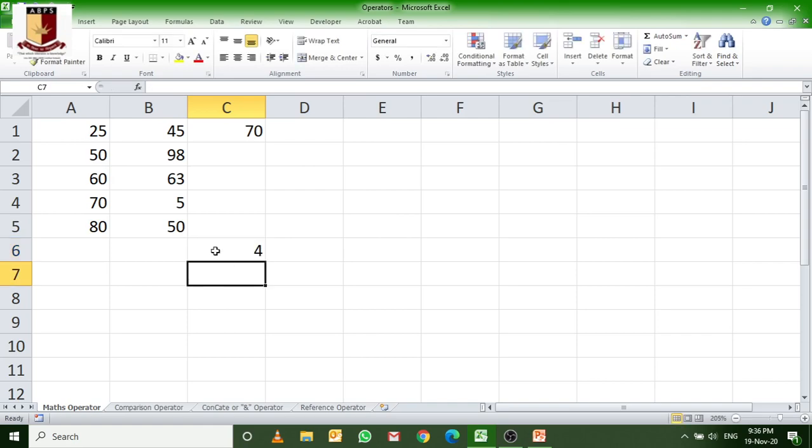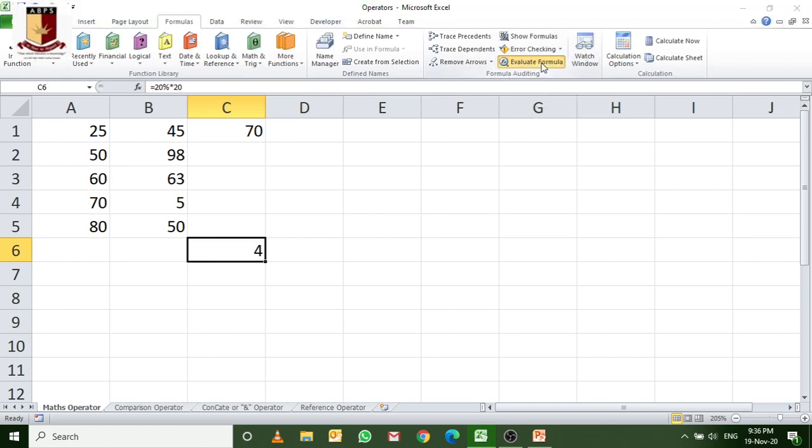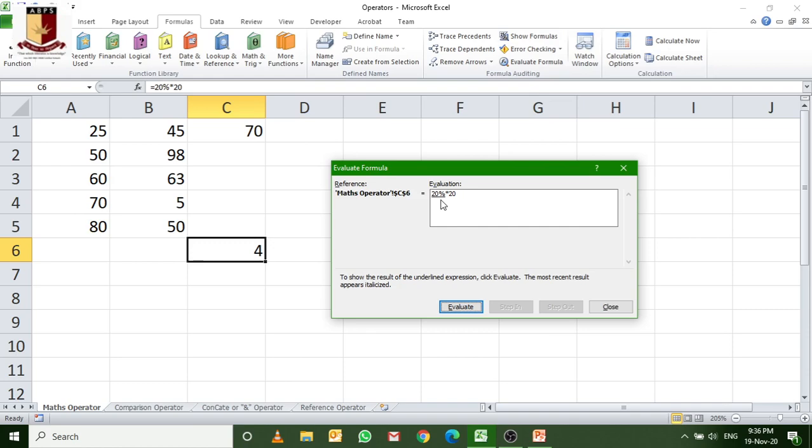Now how can we evaluate this one? You can evaluate it also. Just go to the Formulas tab, and you can see the Evaluate Formula option. When you click it, it will show you like this. Now click Evaluate and check what happens.